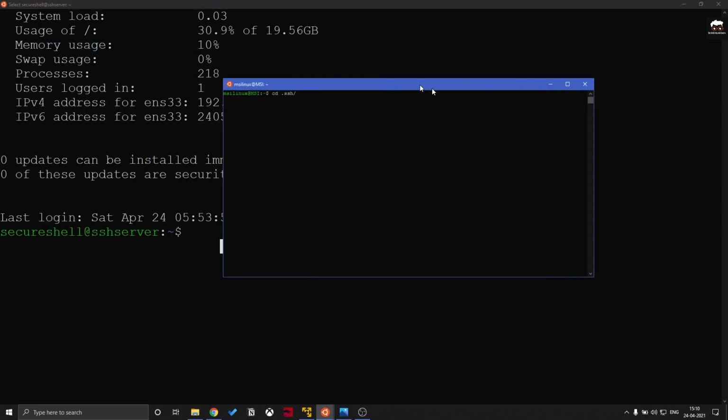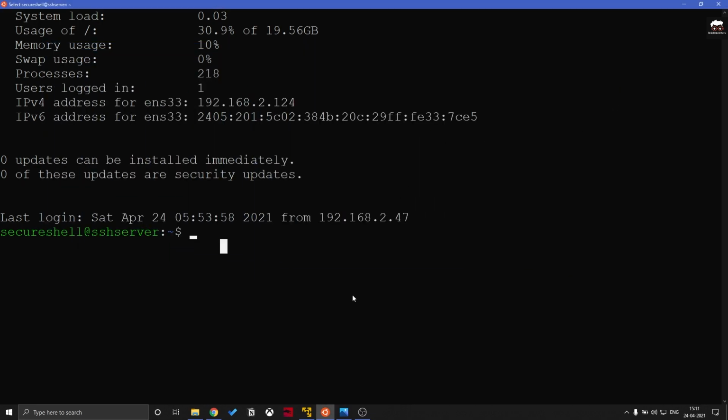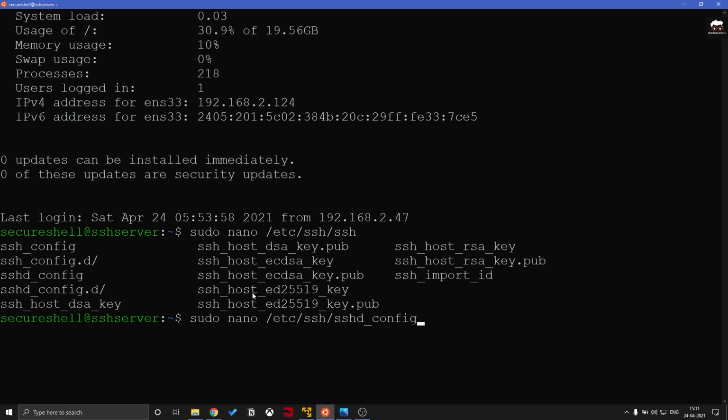Our next topic is disabling SSH password login. In order to disable your SSH password login, you need to make some changes in the SSH configuration. Go to the directory /etc/ssh and open sshd_config. Now you need to enter the password.